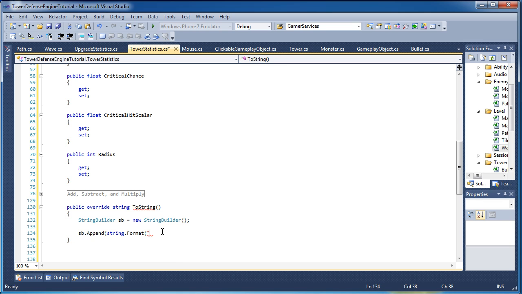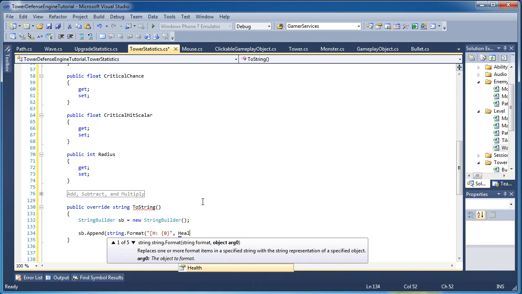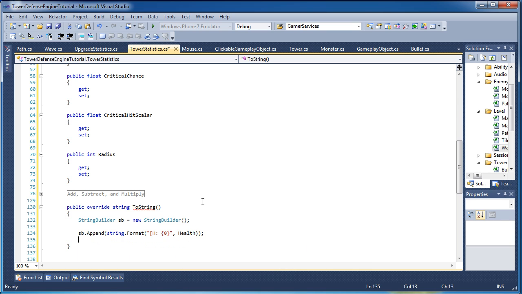Alright, so first things up, we need to have a bracket H, and we do that to identify it's a section of our statistics. Opening bracket and then closing bracket, that represents a section. H colon space opening curly brackets like that, 0 closing curly bracket, and then end quote, comma, health. 2 closing parentheses and semicolon. And then you want to do the same thing,